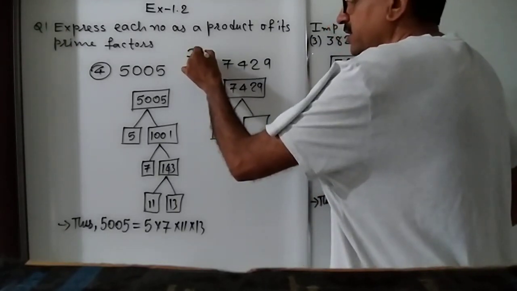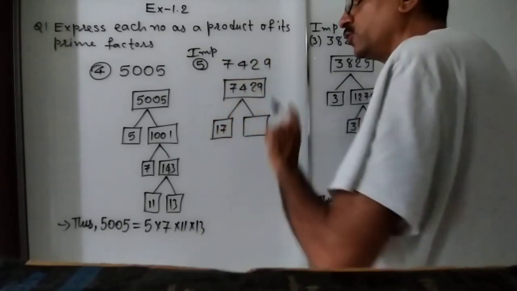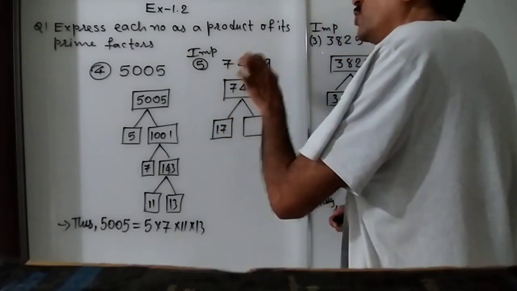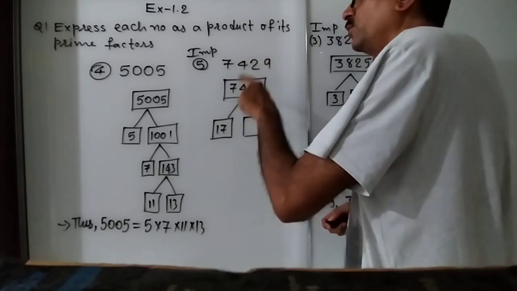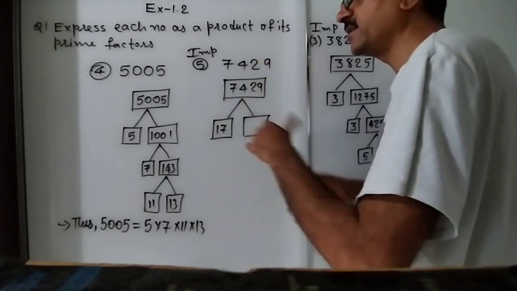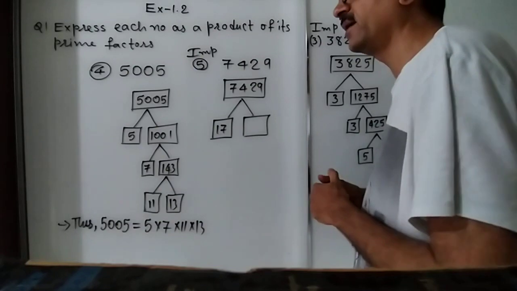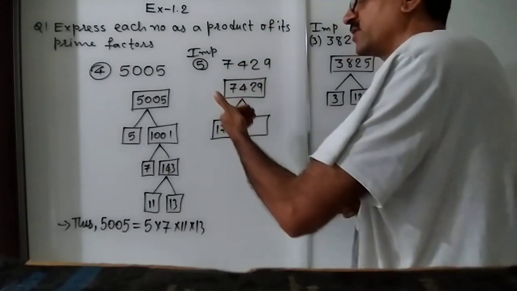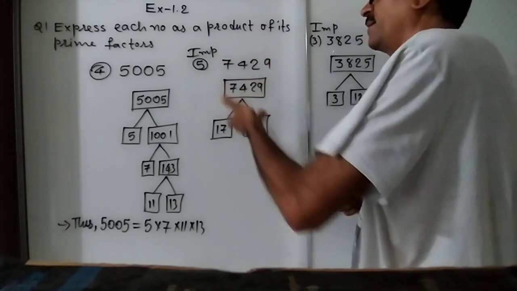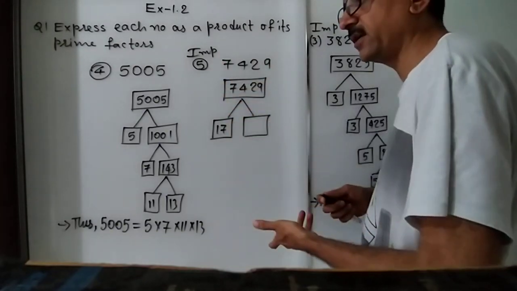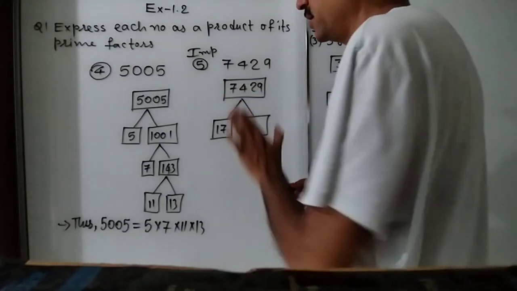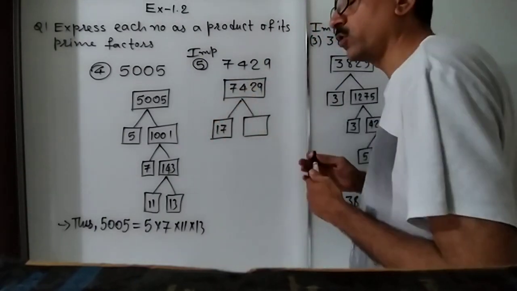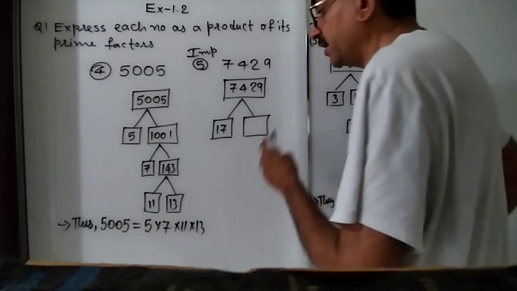Don't forget, this is an important sum. You should start dividing by each prime number starting from 2, 3, 5. They are easy to check with the help of their rules. Then start dividing by 7, 7 after 11, 11 after 13, 13 after 17. Within 20, you would get the proper portion during the division.